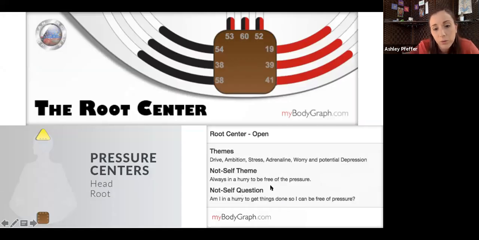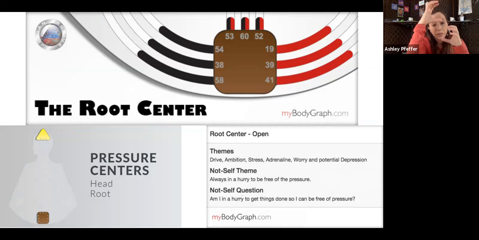Moving on to the root, the last center, the root center. This is another pressure center. And again, I said that this was stress. So when you have a defined root center, you have the gas that powers the car and you can get up and go. When you have an open root center,